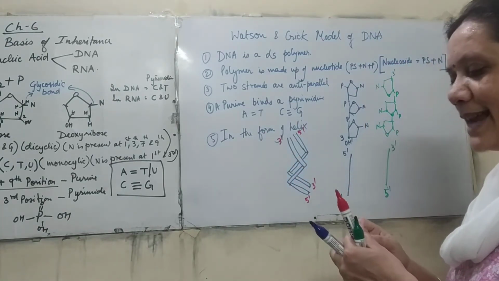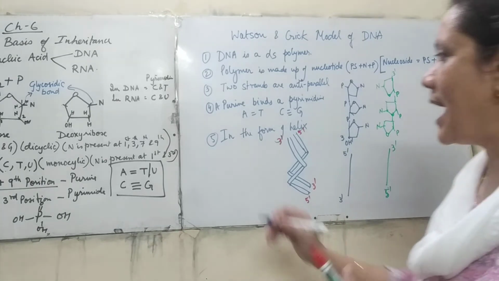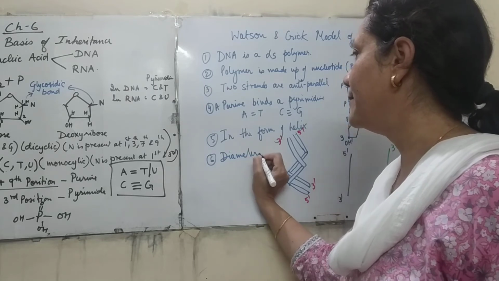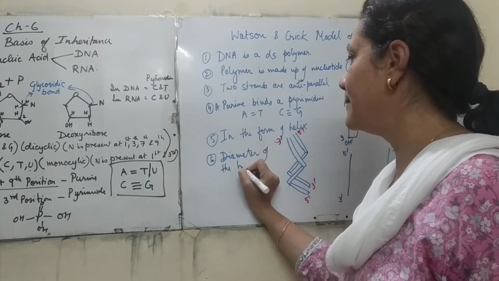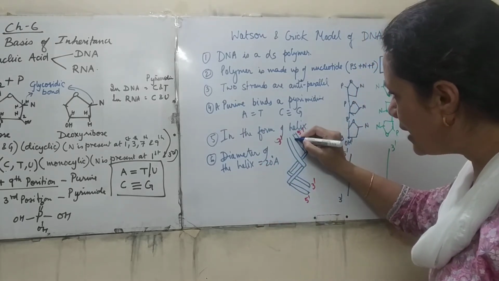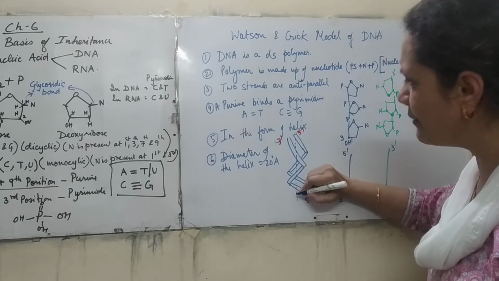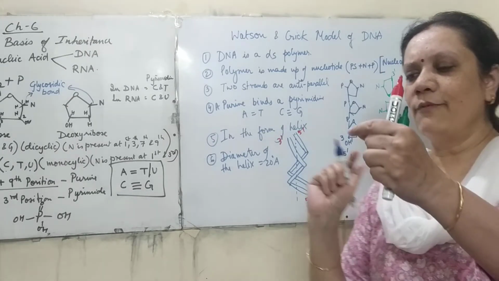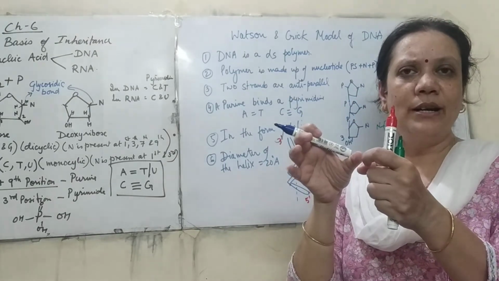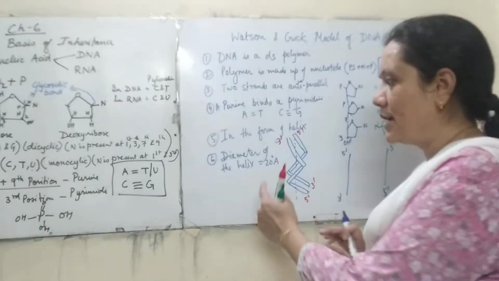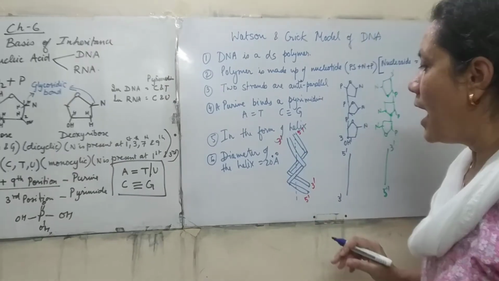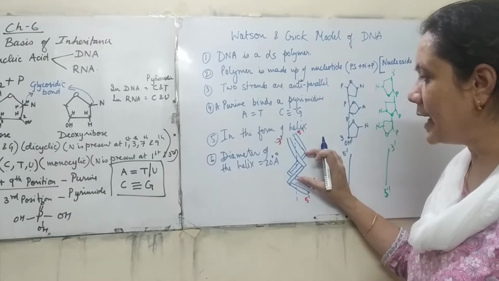Now if we see, the diameter is given as 20 angstrom. The diameter of this helix is 20 angstrom. Now what is the diameter? If we draw a line through here, this is going to give us an idea. Anything which is turning, coiling, is making circles, isn't it? So a circle will definitely have a diameter. That diameter I am talking about, and if we measure that, it is around 20 angstrom. Clear? Now what is each turn?